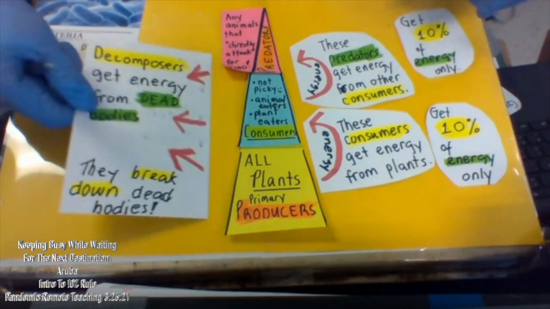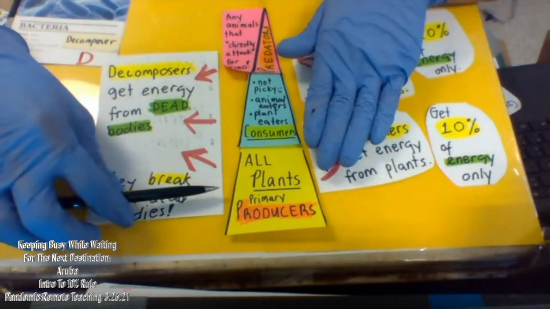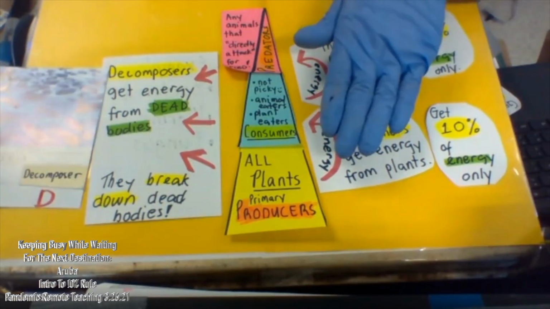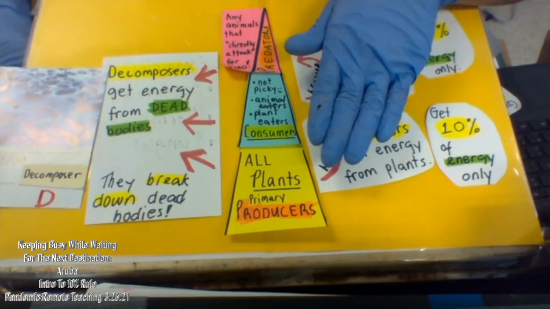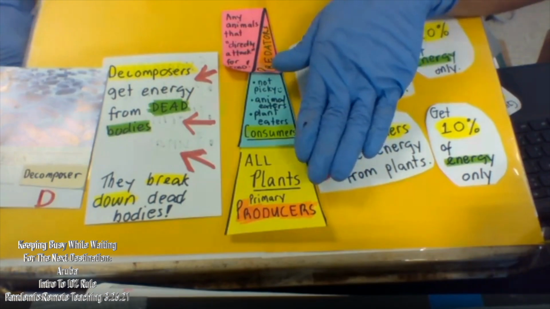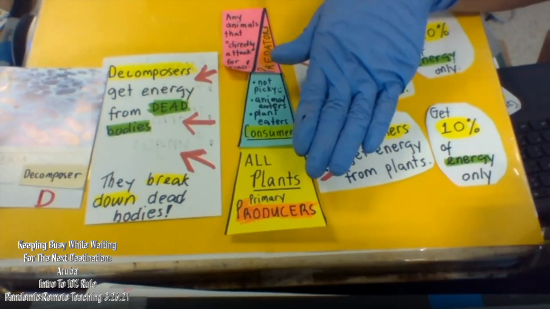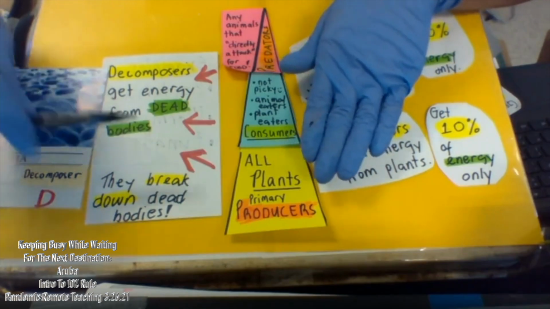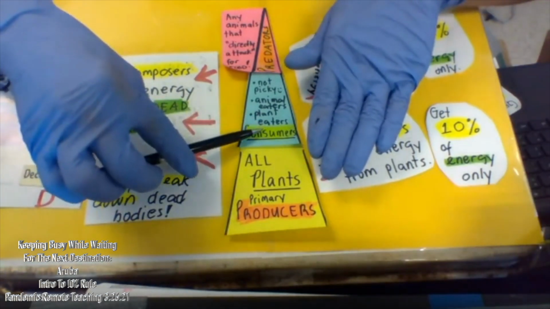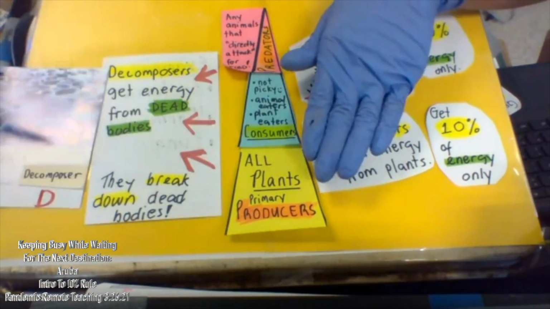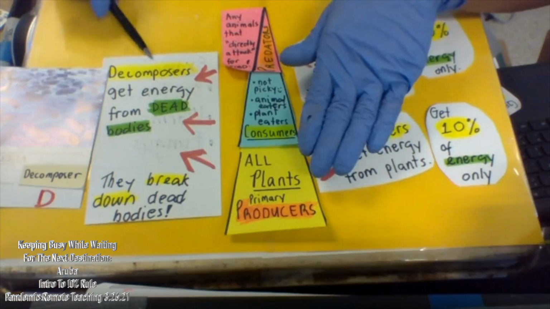There you go. So could you tell me how many arrows I have here? How many arrows pointing to bacteria? Type in the room at timestamp 12:34. How many arrows do you see? 3. Everybody should put the 3 at timestamp 12:34. Yes. So here you have a dead plant to a bacteria. Consumers' energy when they die goes to bacteria. Predators' energy when they die and start decomposing goes to bacteria.